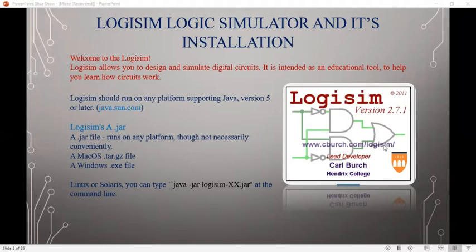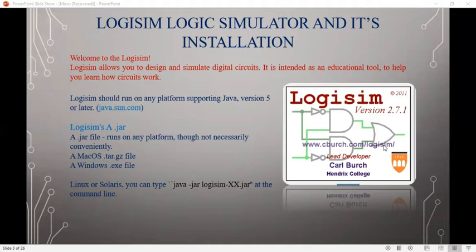Download Logisim from Logisim's SourceForge page. You will have three choices of which release to download. If you use Mac OS or Windows, I would recommend using the release specific to your platform. To execute the generic jar file on Windows and Mac OS systems, you will likely be able to start Logisim by double clicking the jar file. If that does not work, or if you use Linux or Solaris, you can type java -jar logisim.jar